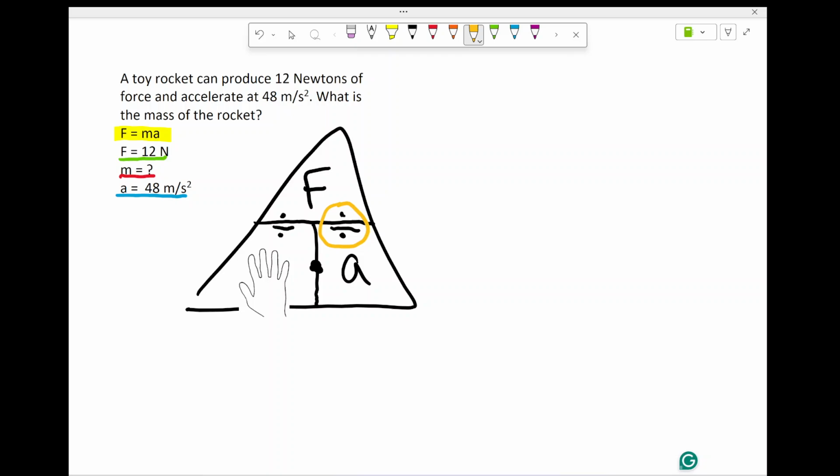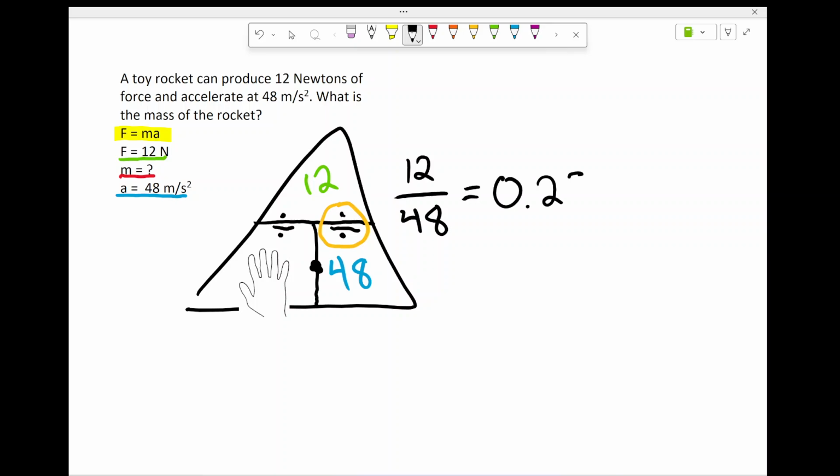So that means if we're setting up our math, we can actually fill in the triangle. So we would erase our F, erase our A. We get our F, which is 12 newtons, and our A is 48 meters per second squared. So the math that's staring right at us is 12 divided by 48. If we wanted to, we could rewrite that as 12 over 48. And we don't want to leave that as a fraction. We want to reduce that to a decimal, which happens to be, luckily, the same answer we got before,